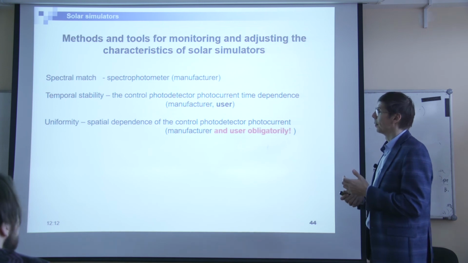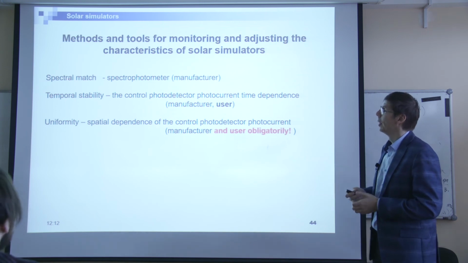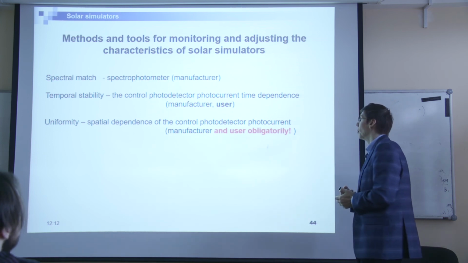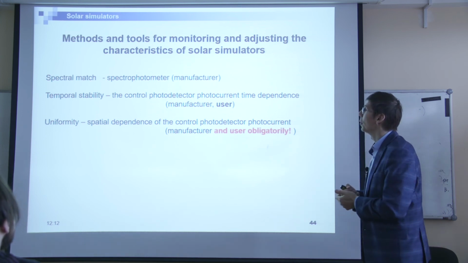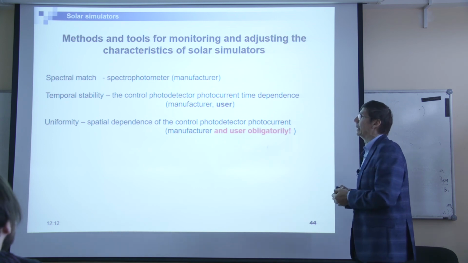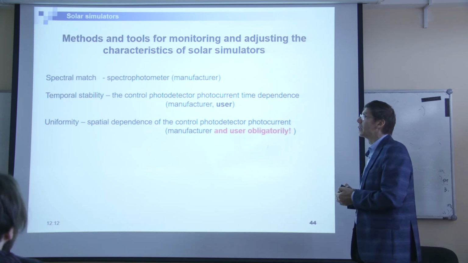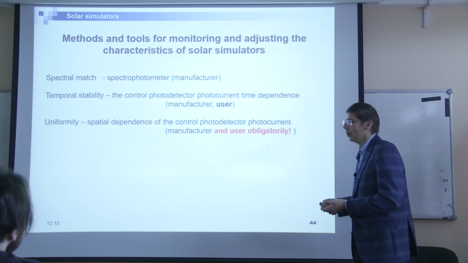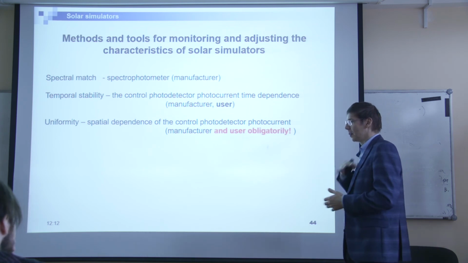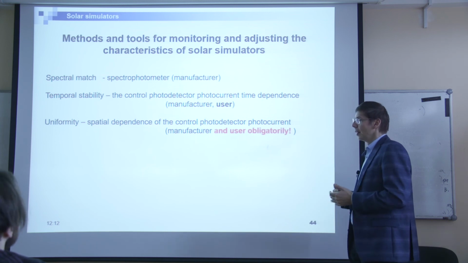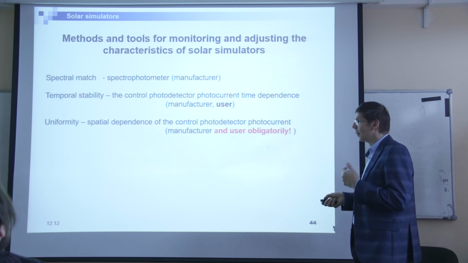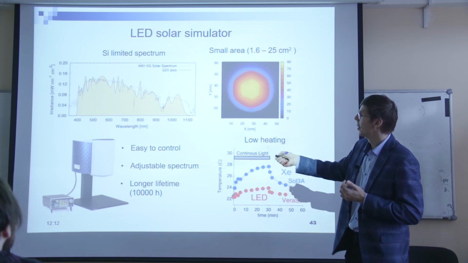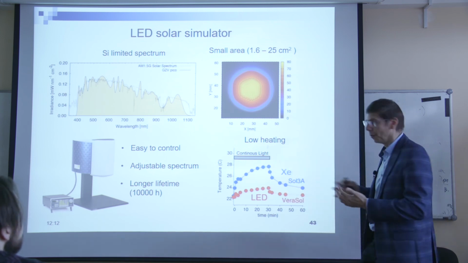The first is a spectral match, and if you want to control it, you need some spectrophotometer or spectrometer. It's not so easy, especially if you work with a flash simulator. So you have to measure the spectrum during the flash, and it depends also on the range, because, for example, the spectrum in this silicon range